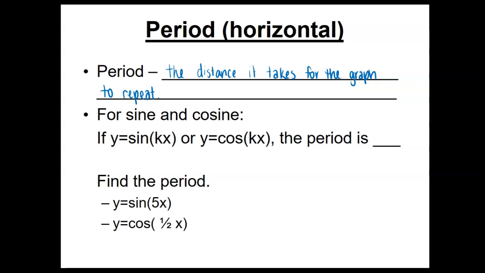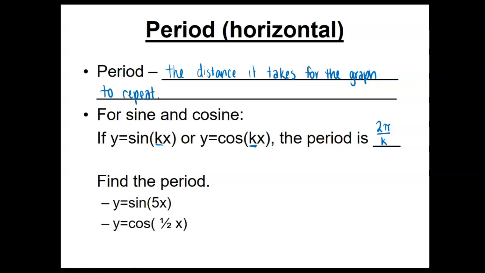For most horizontal expansions or compressions, we just flipped the factor that we had there. Things are going to be a little bit different for sine and cosine when we're talking about the period of the graph. The normal period for sine or cosine is 2 pi. It was on that other sheet that we were looking at. So if we have a number in front of our x, this k that we see here, our period is going to be 2 pi divided by